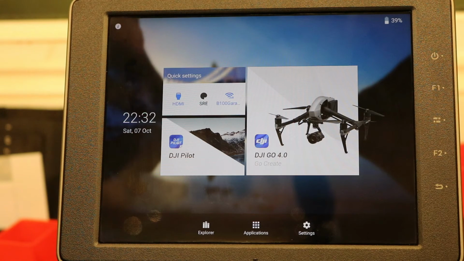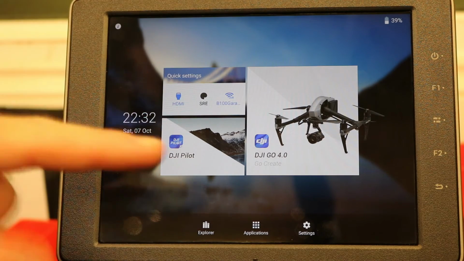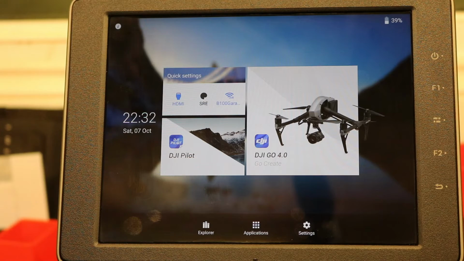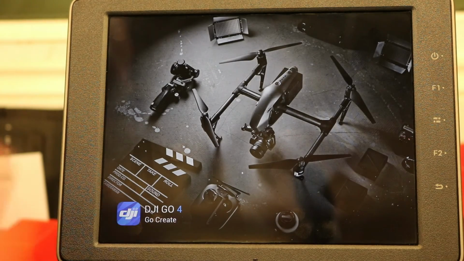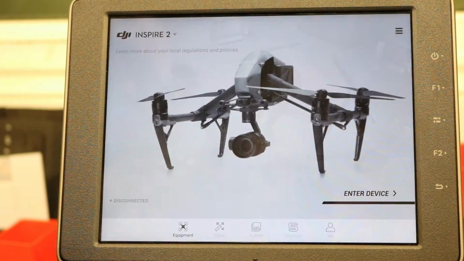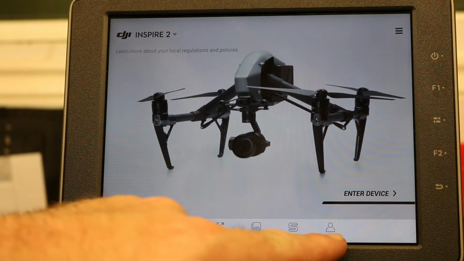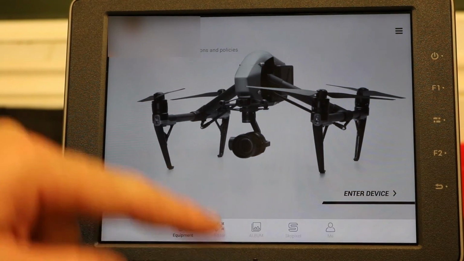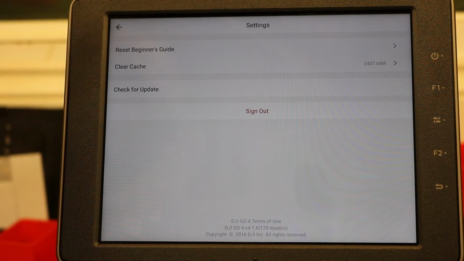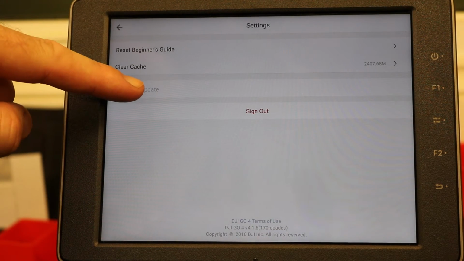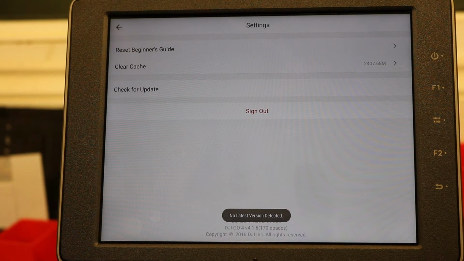Okay, so to update the app independently of the system image, DJI have added this feature which will poll the server. It will pop up and tell you if there is an app update available, but you can also go in and check this manually. To do this, you open DJI Go 4 or Go. It's the same process in both of them. Wait for it to go to the landing page. We go down into Me at the bottom here. Click on Me. We then go down to Settings. And in here you have an option called Check for Update. So you can click that and it will check on DJI servers if there's an update for the DJI Go